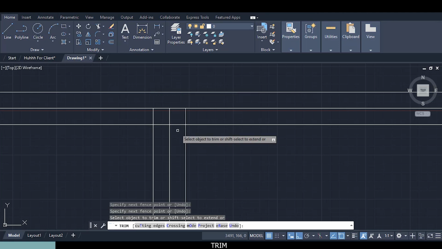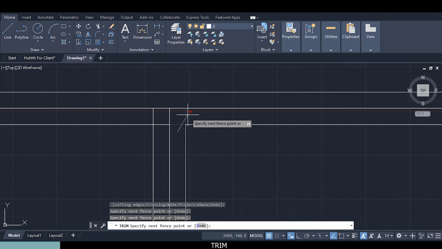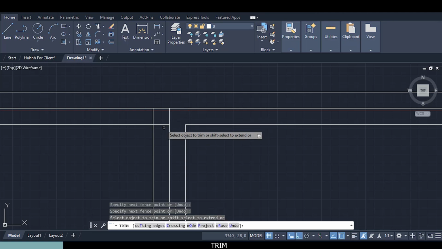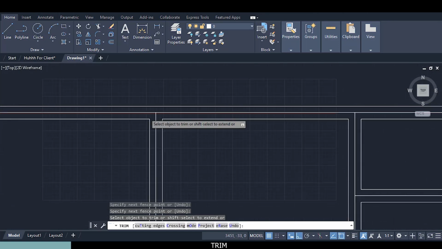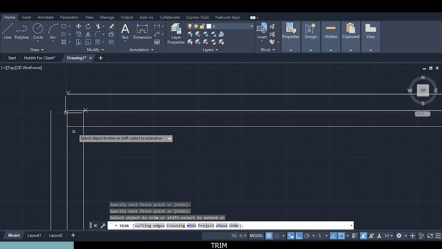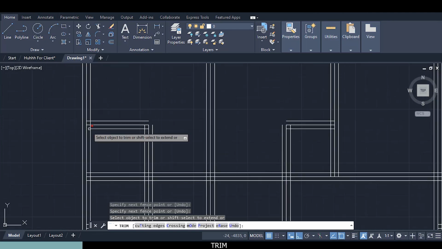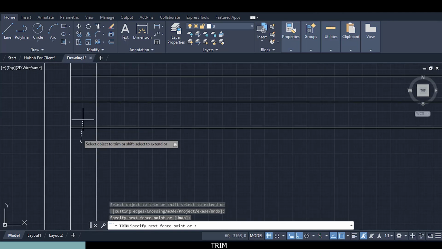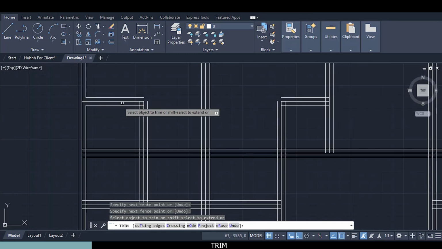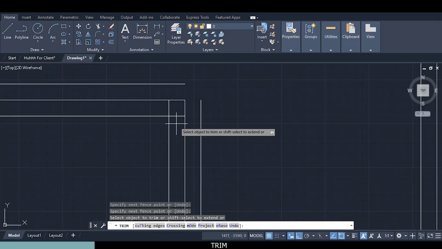So if you want, you can just click and go up, or you can just click and drag to have like a free hand. Click, drag, I will pan again, zoom in, I will click and drag, I will click and drag. As simple as that. Click and drag,